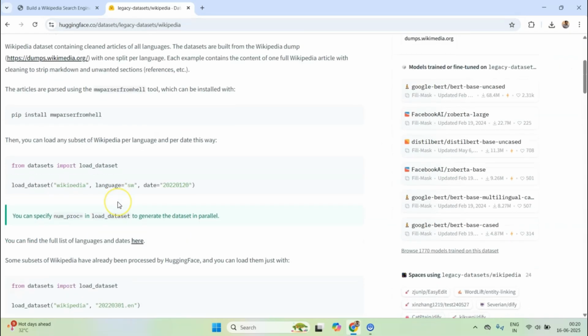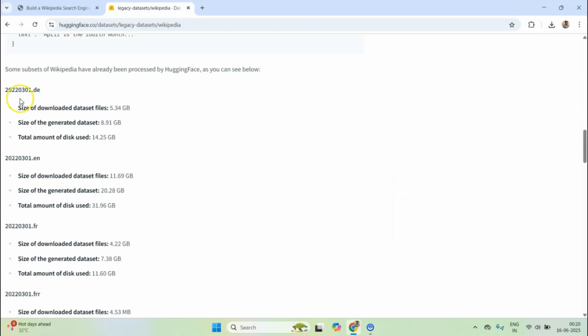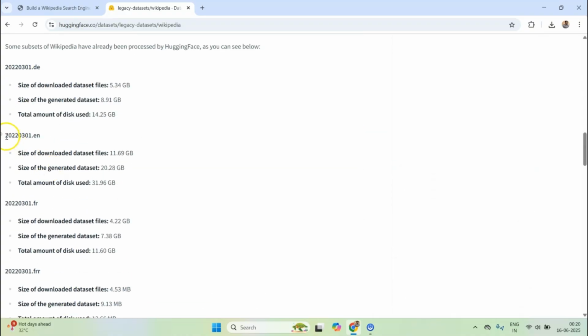If I hit enter, this dataset has many different dumps of the entire Wikipedia. Now, in English we have got maybe a dataset worth of GBs. And then we have got a simple version of English, which is much simpler to deal with.